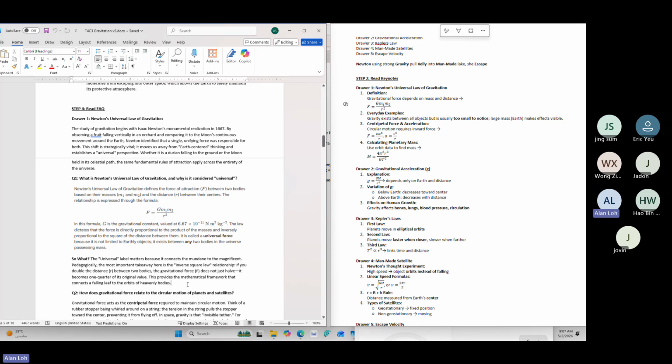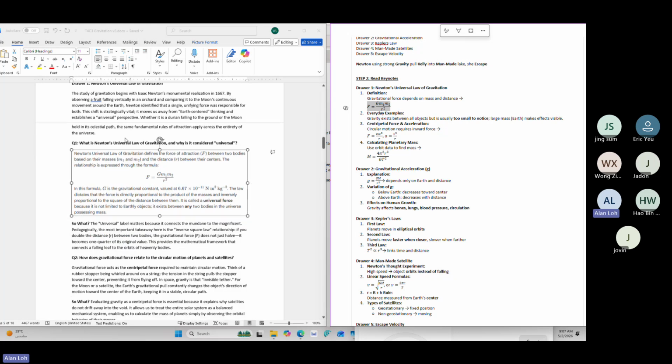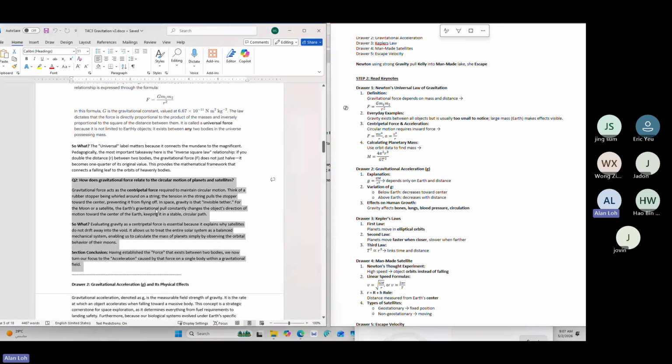It's telling you that there is this relationship between the mass and the distance. So now this formula makes more sense, I think. This very weird, strange and new formula that you saw the first time 30 minutes ago. Now this makes a bit more sense because you are at level 4 understanding for drawer 1. We have one more question. This is to solidify your understanding of drawer 1 from level 3 to level 4.